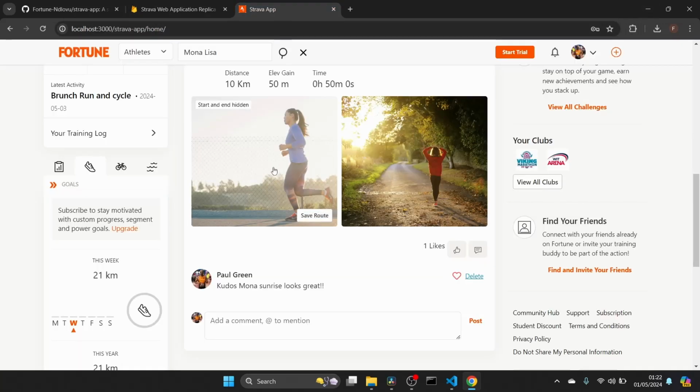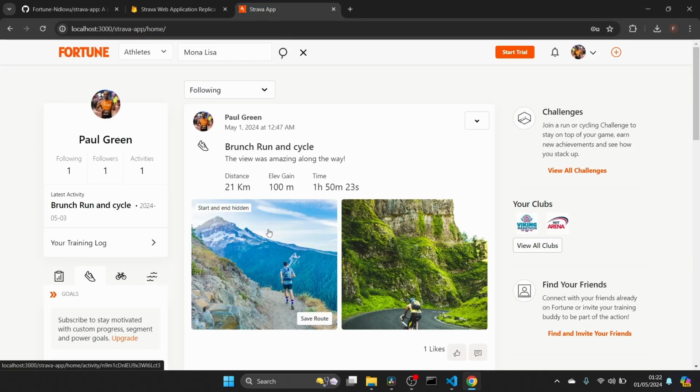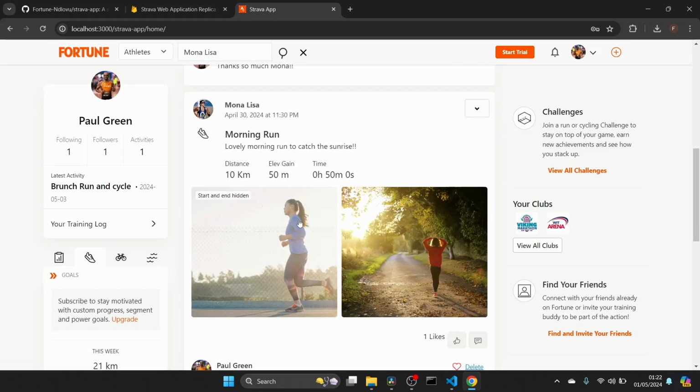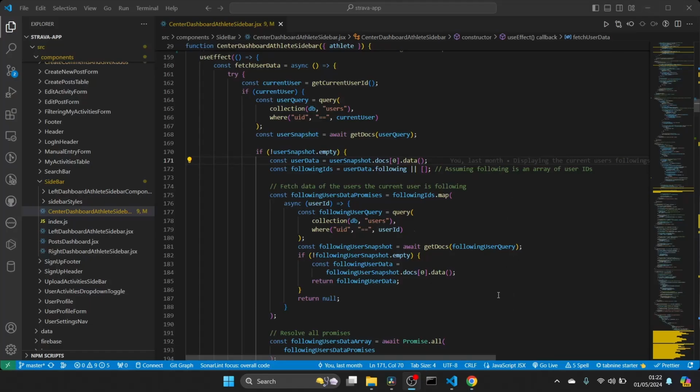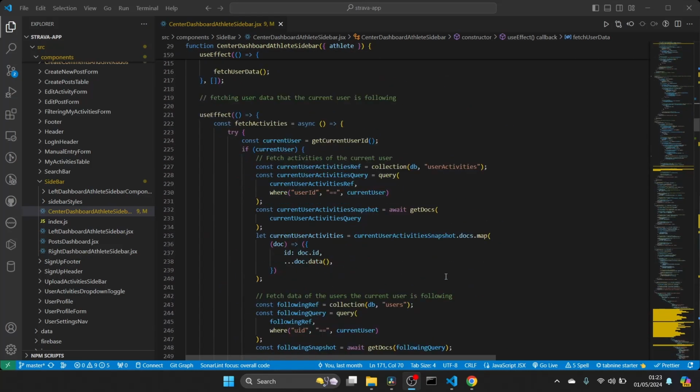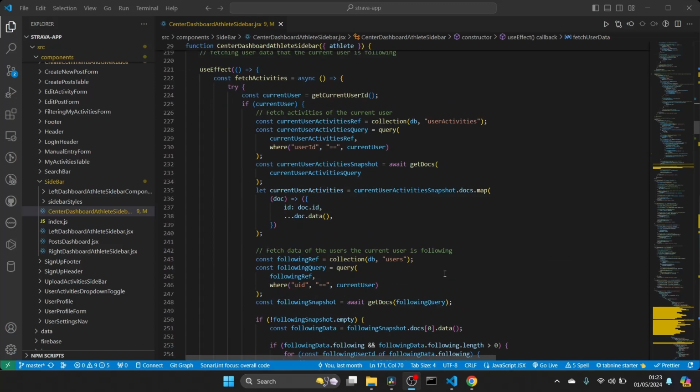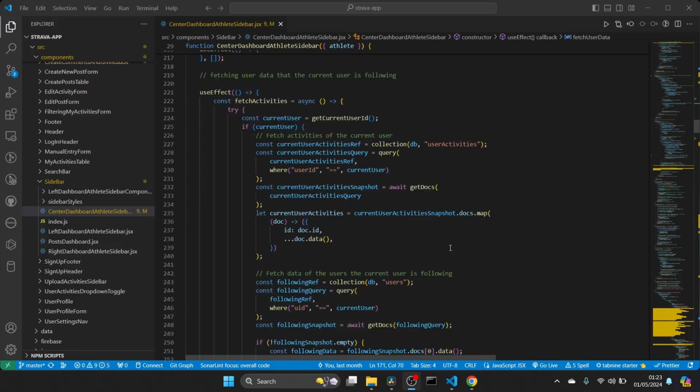Okay. That's how we're effectively able to display the activities of the currently signed in user being Paul, but also the users that Paul is also following. So Mona's ID is inside the followings array inside Paul's array. Okay, and we're mapping over that array and then we're displaying that data. Okay, and effectively, we also fetch to display the activities themselves, right? So we've just gotten the data, like their name and their profile image, but to get the data,